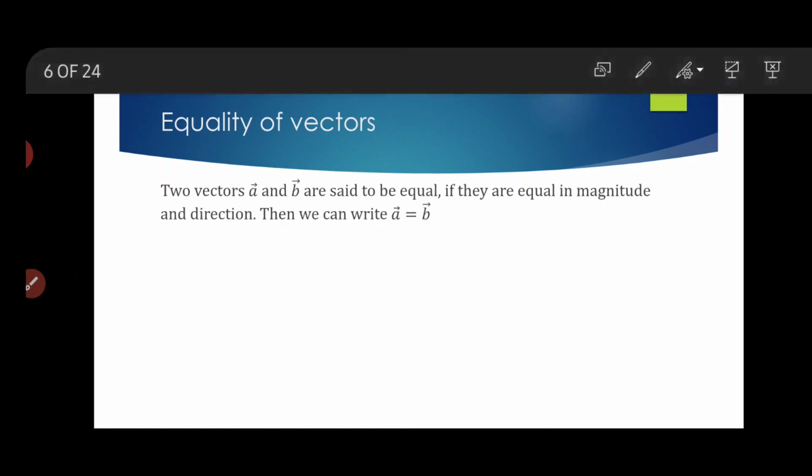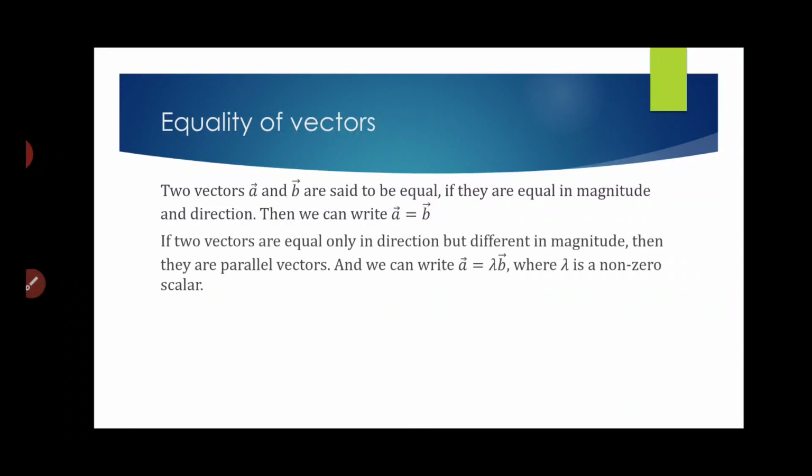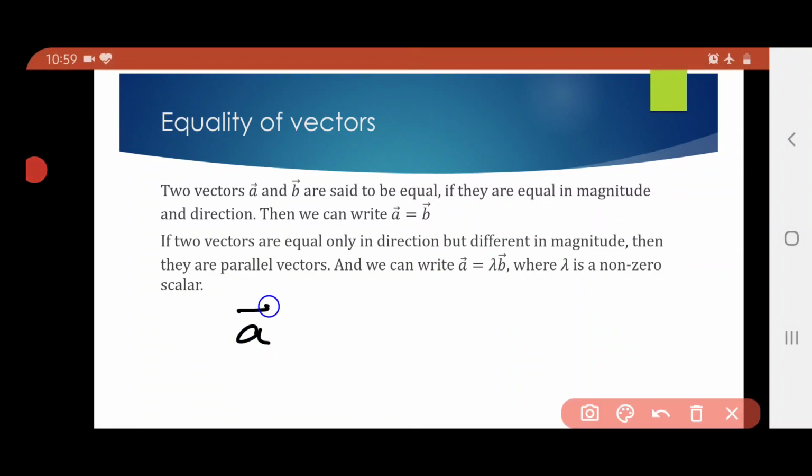Fine. And if we have two vectors that are equal only in direction but not in magnitude, then we say that the two vectors can be collinear as well, or they can be parallel. And if two vectors are collinear or parallel, then one vector can be represented as a scalar multiple of the other. For example, if I take a vector as 2i cap plus 3j cap minus